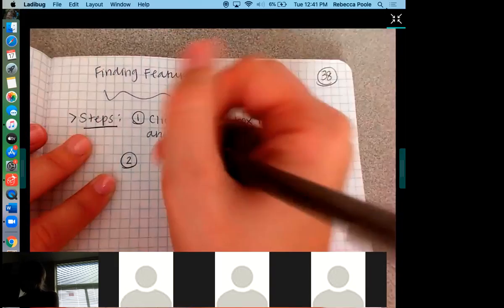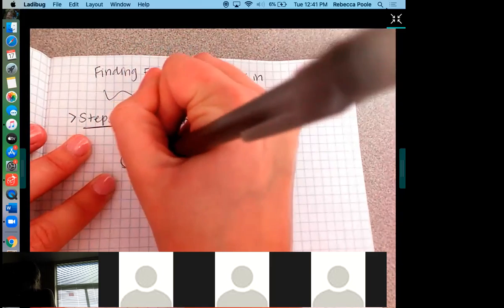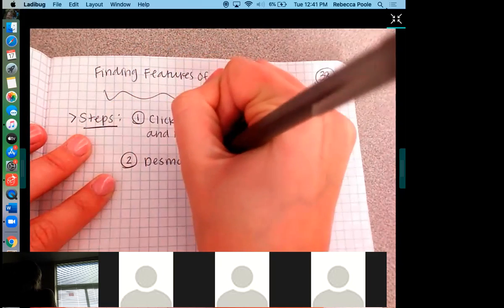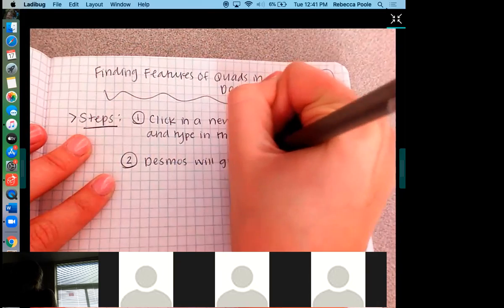All right, step 2. Desmos will graph the parabola